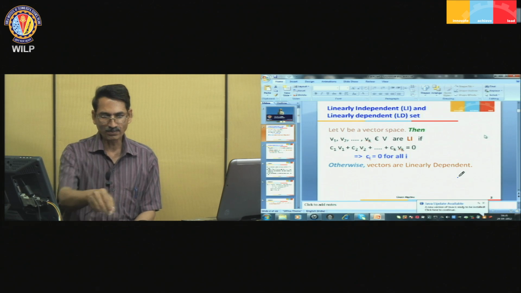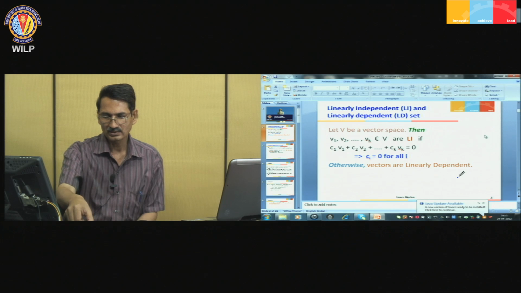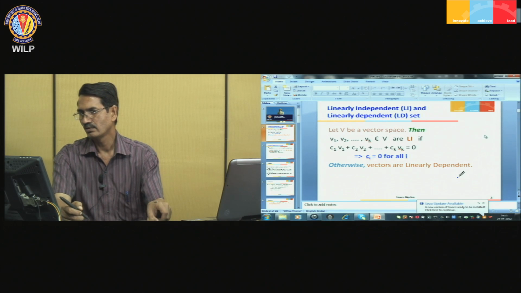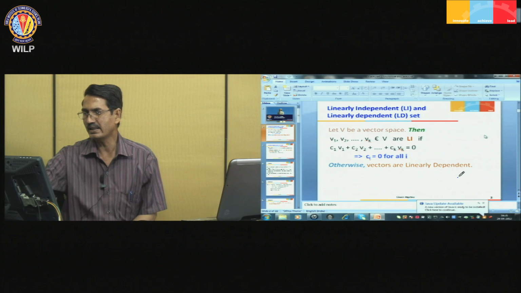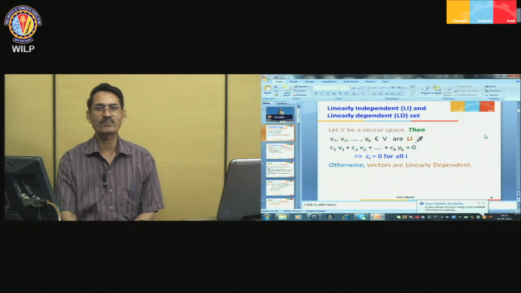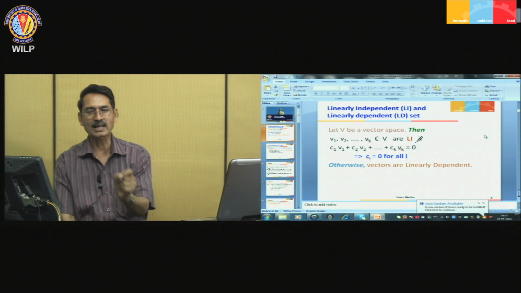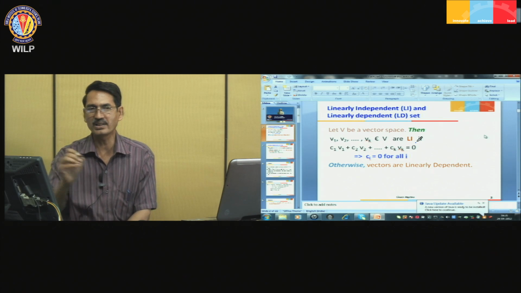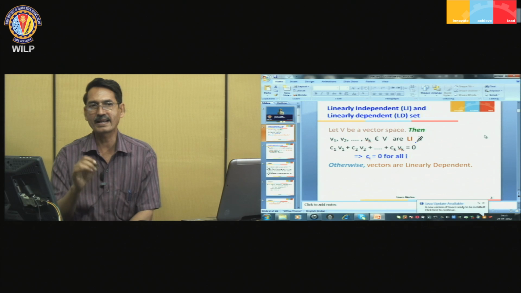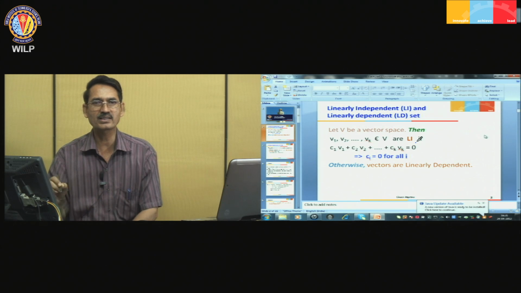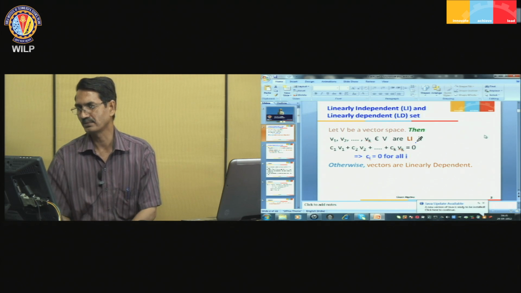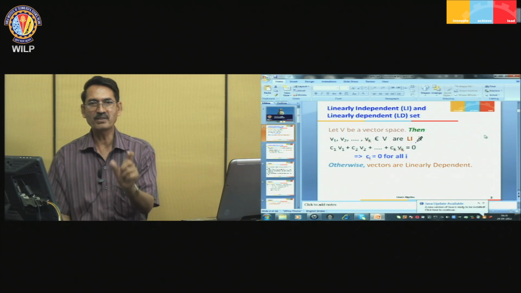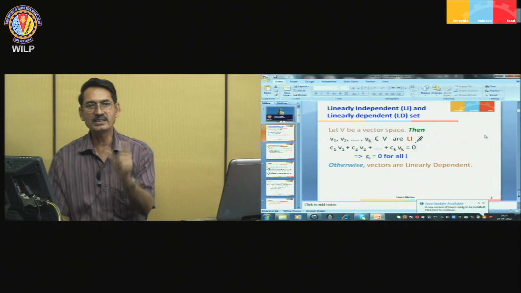I am saying that suppose V is a vector space and V1, V2, Vk are elements of V. I am saying that these vectors are linearly independent. Remember that LI has been used for linearly independent and LD has been used in the lecture everywhere for linearly dependent. So these vectors V1, V2, Vk are said to be linearly independent